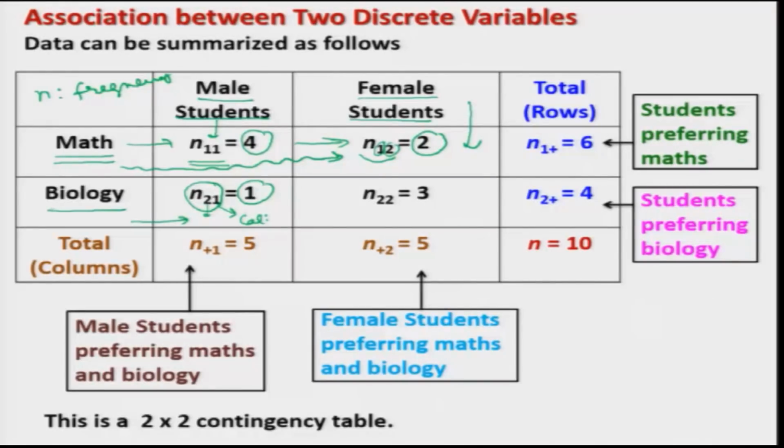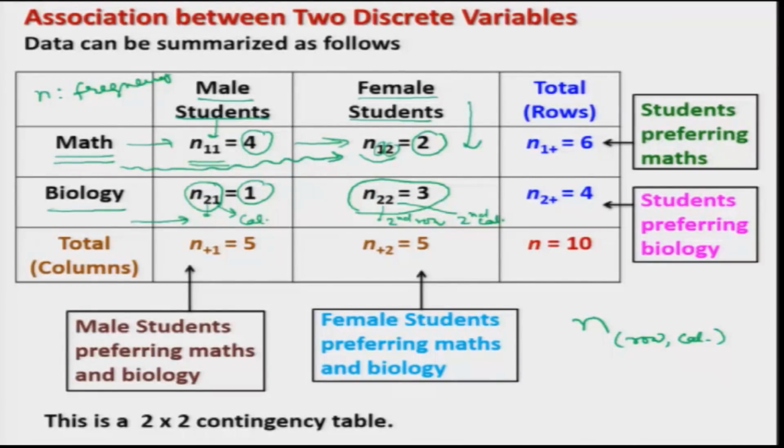And similarly, the number of female students who are choosing biology is here N22 is equal to 3. This means second row and second column, the data in the second row and second column. So you can see here I have denoted the frequency as row and column. So the address is given by 2 numbers, row and column, for a particular type of frequency in any class. Right. So these are essentially the absolute frequencies.